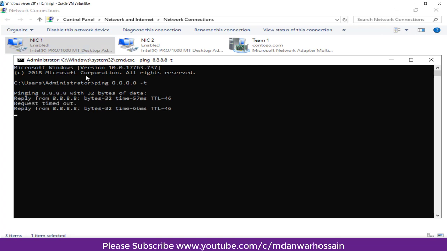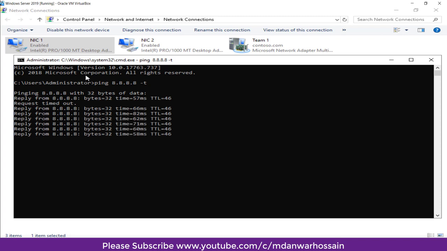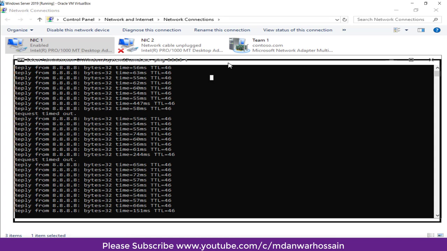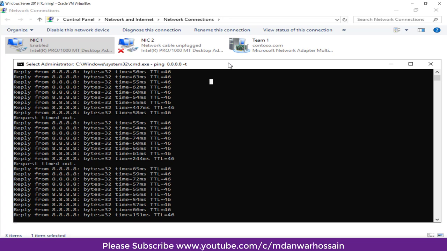Okay, if we disconnect one network interface from this network, let's have a look at what is going to happen. Physically, I have removed the cable from the server's network interface 2, and you can see it is disconnected, but we still have connectivity.